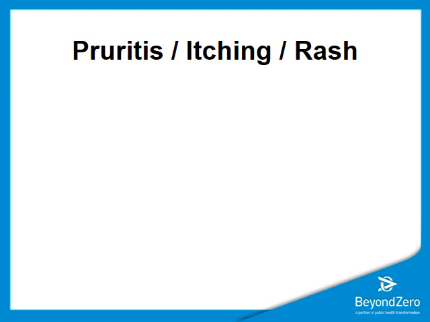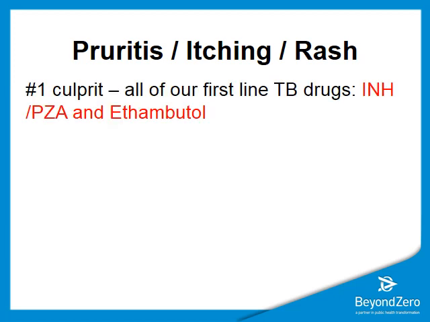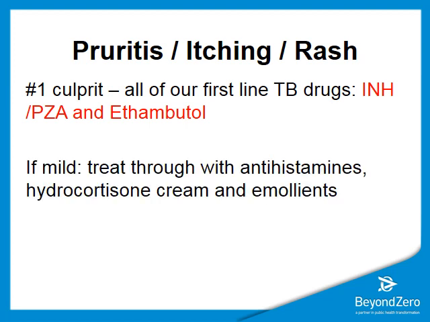Commonly, as with all drugs, there's always a problem of getting a mild allergic reaction presenting with pruritis, itching, or an allergic rash. And all of our first-line TB drugs are actually quite rashy, so INH, PZA, and ethambutol. And most of the times we can treat through it. So we can use our antihistamines, you can use a hydrocortisone cream that you've mixed with some emollients. And as far as possible, we want to try and see if we can treat through a rash, and it